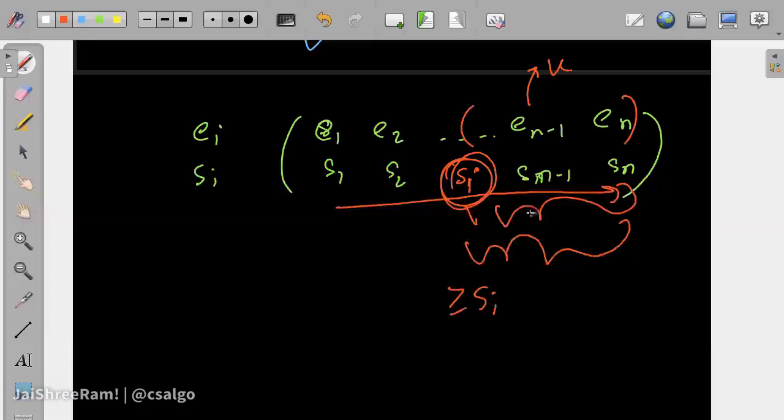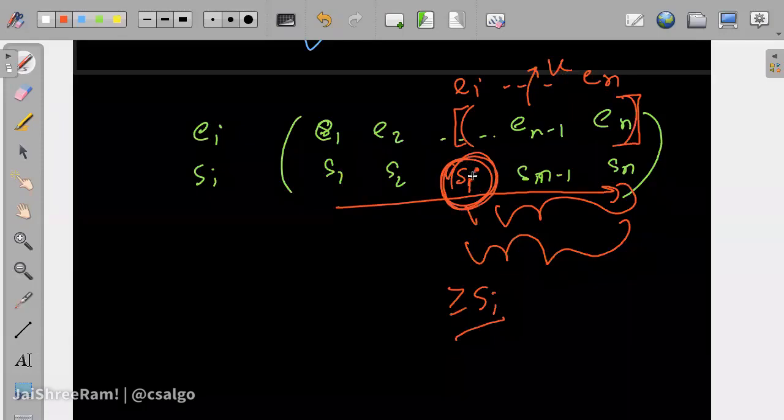So one way to do this would be a for loop for every I, find out the k highest elements in the range E of I to E of n, after they are sorted. If you take the top k elements and their summation, multiply it with S of I, because that's the minimum speed, we will consider all the possible teams that you can create with minimum S of I.